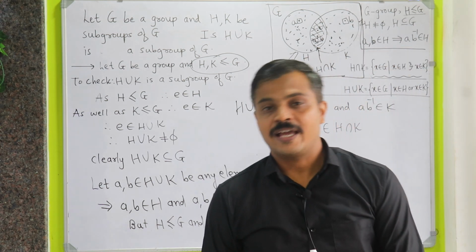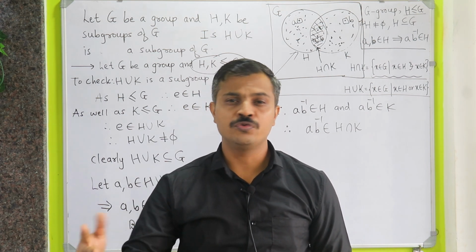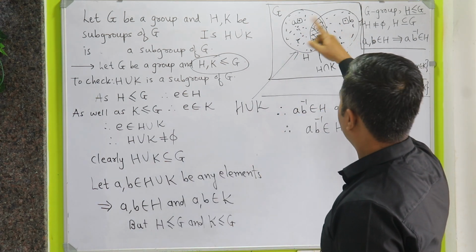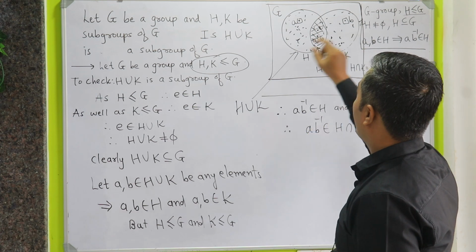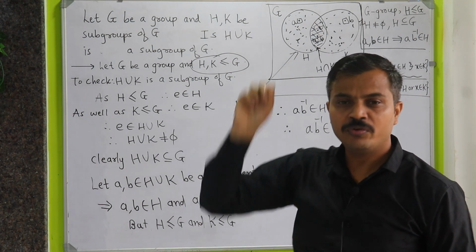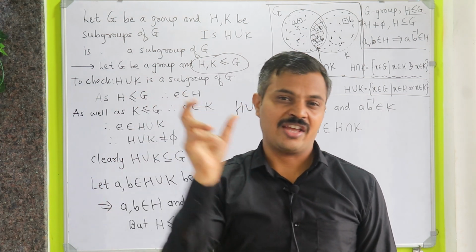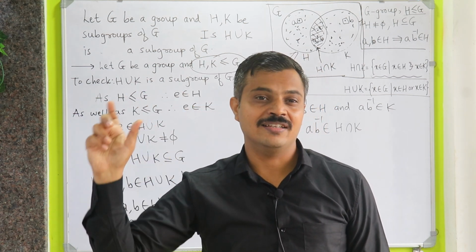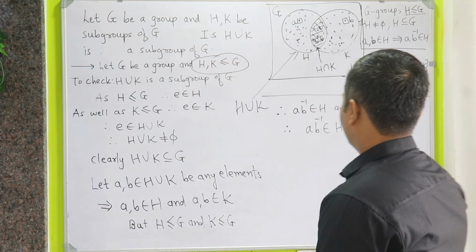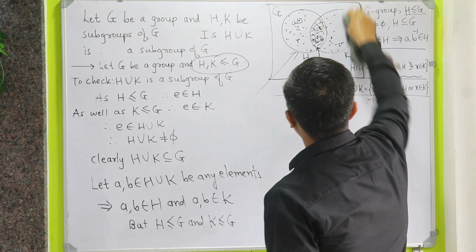So the next question is then, when will the union of two subgroups be a subgroup? In other words, if A, B lie in H union K, then when will both these elements A, B lie in H or both elements lie in K. If this thing happens, A, B are either in H or A, B are in K, then we are completely fine with that, right? And if you think properly, so what should actually happen is,